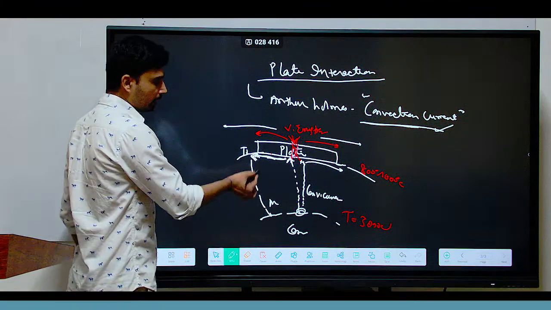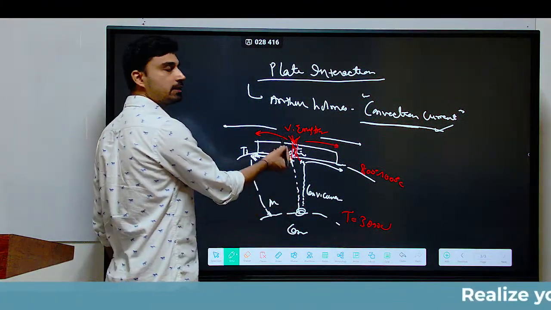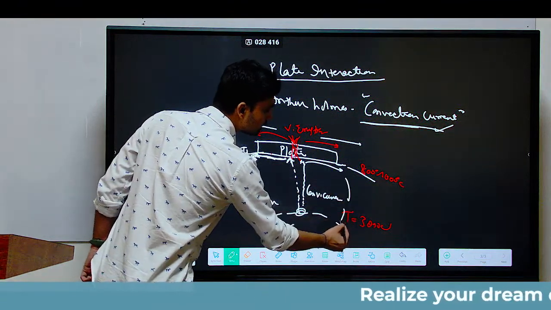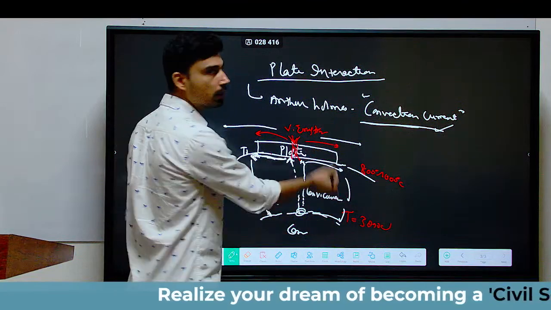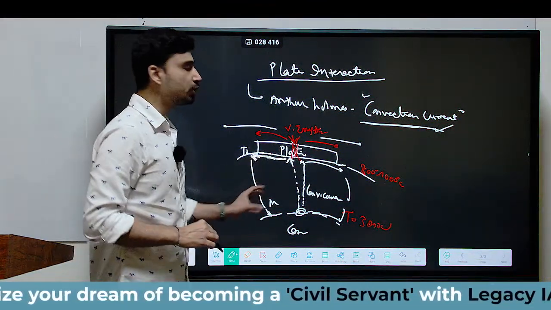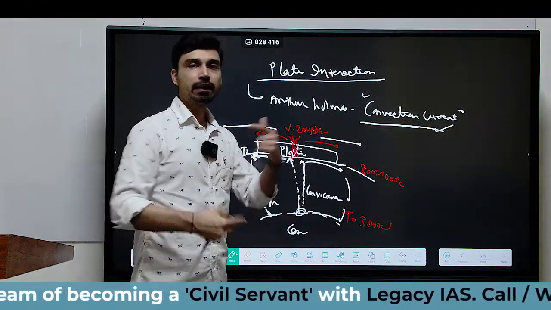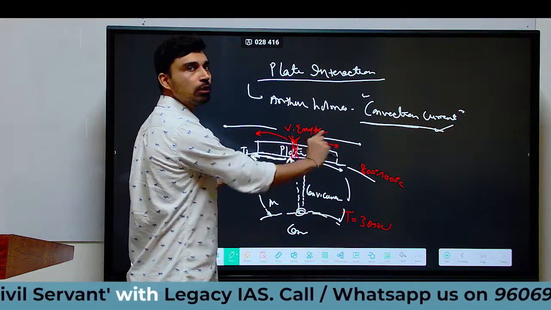And again as it reaches toward the mantle core boundary, again it heats up and rises here. The same thing happens on this side as well. So basically what is happening below the earth's plate, below the lithosphere of the earth, is that we have several such convection currents that are continuously moving, continuously flowing, and that is what is responsible for the movement of plates